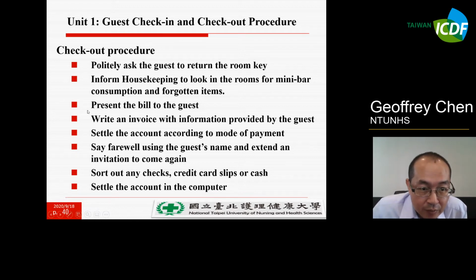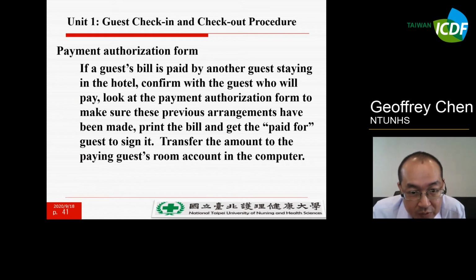And then present the bill to your guests and make sure every charge is okay. If that's okay, write down an invoice with the information provided by the guests and settle the account according to the mode of payment, maybe cash, credit card, or vouchers.